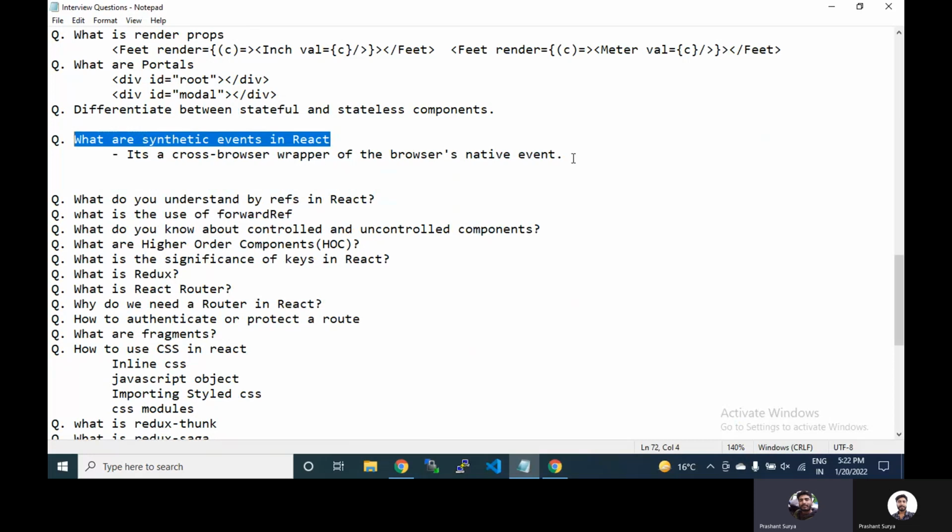These are all normal native events. But we create wrapper events on those native events, like onClick, onKeyUp, onMouseOver. So onClick and onMouseOver are called synthetic events, which are used to create a wrapper on the HTML native event.